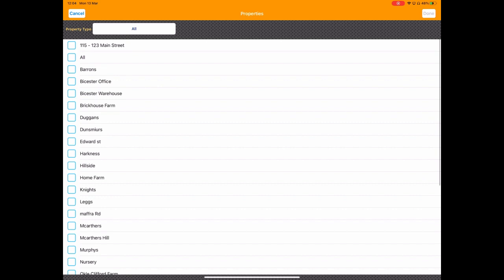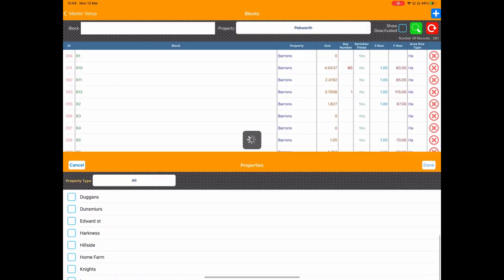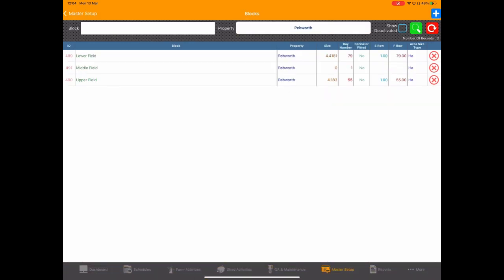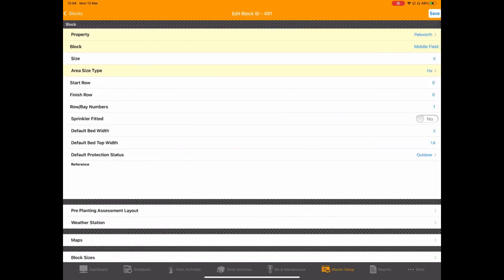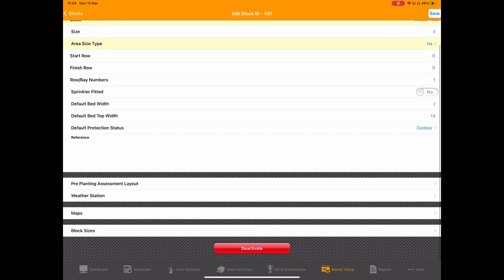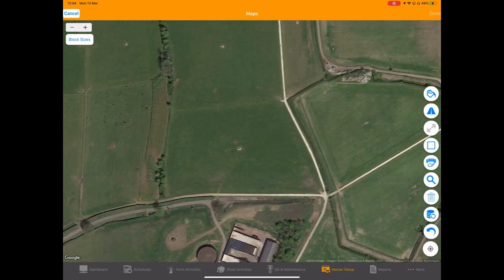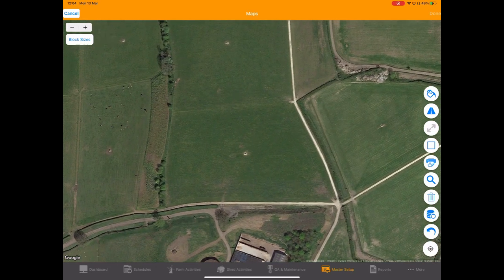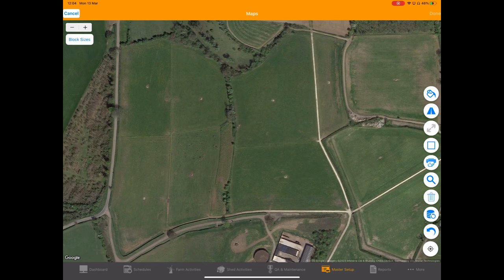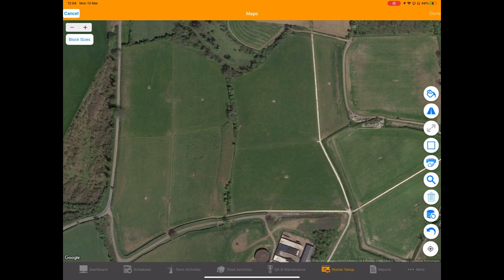If I just go back, here's my middle field with no details. So if I just tap on middle field again, and I come down to the maps, so here I am, the blue dot, and if I pick the field that I want to map, I can just pinch it and zoom in. So I'm going to take that particular field there, and I'm just going to push pin